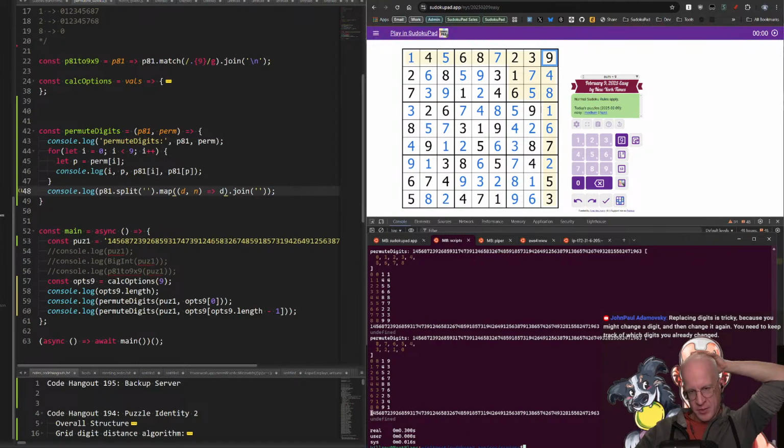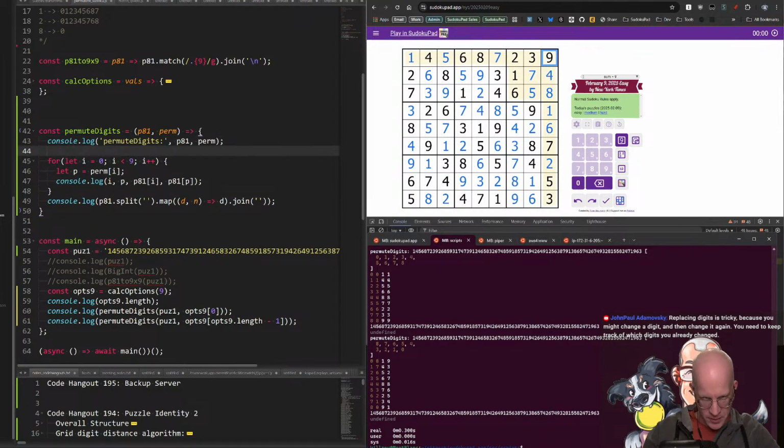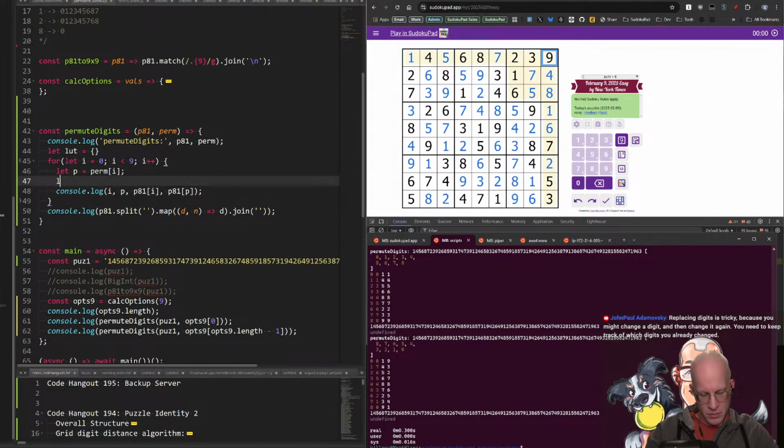So we'll basically have to create a little lookup table. So we want to turn this into a lookup table. That's what I'm kind of, so we want to create a LUT, right? And we're going to do LUT,